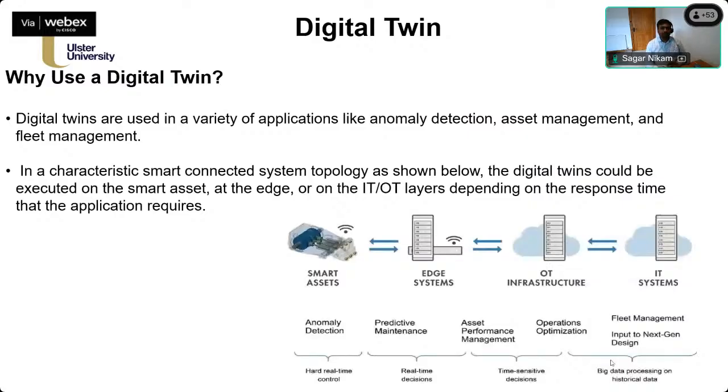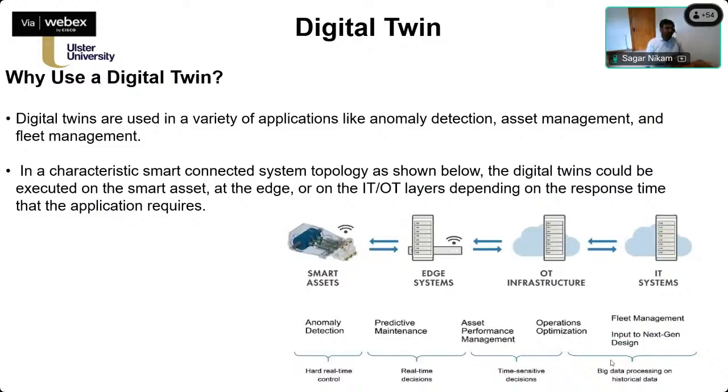When we want to make use of the digital twin, digital twins are powerful because they support a wide range of applications. Many of these applications are anomaly detection, so the detection of defects, predictive maintenance, and what we call asset performance or any kind of management activities. So that is where the digital twin seems to be very powerful.